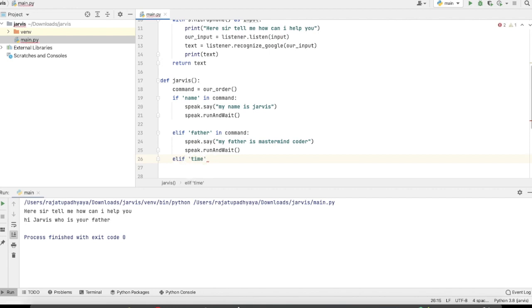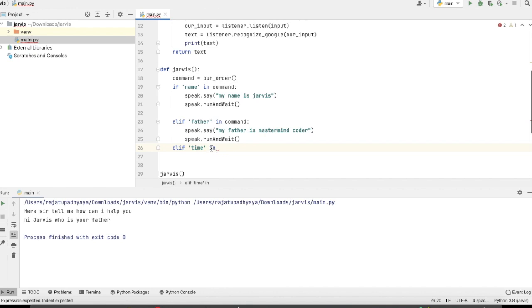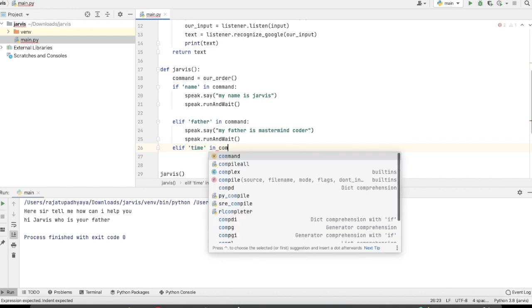You can see why I am using this condition: if any one of the keywords is in that command, and that command is our voice, then it responds accordingly.